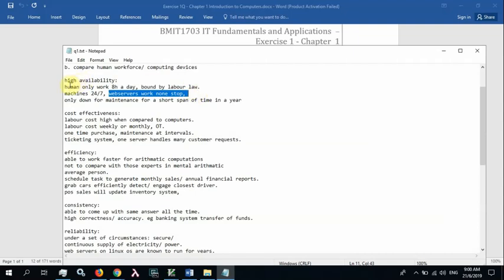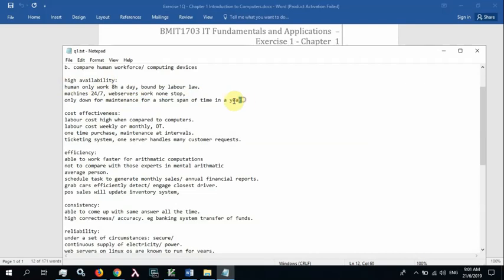Okay, so as compared to human workforce, you can only work for 8 hours a day, and we are bounded by law. I mean, employers are bounded by law not to overwork, not to abuse their employees. So only when it is time for maintenance, all these machines are being brought down and maintained. Maybe they want to install some security updates, and it only happens for a short span of time in